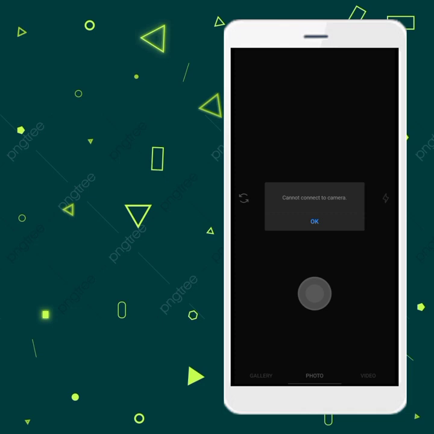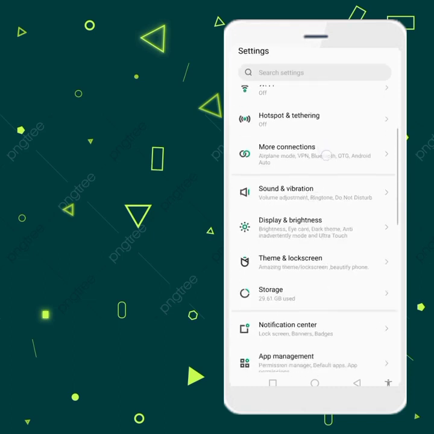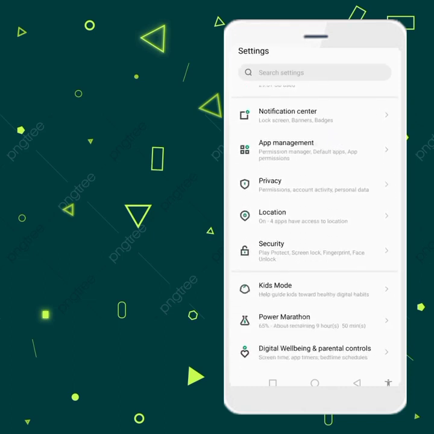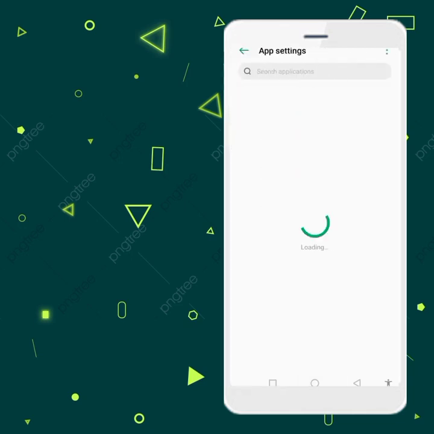First of all, go back to your home screen. So guys, the process is very simple. So first of all, open up app settings here and then scroll it down. Here you can see app management, so tap it and then tap on app settings